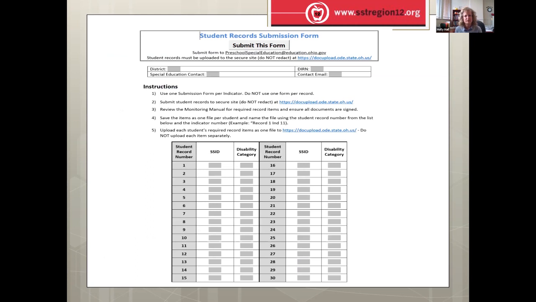And then this is the student record submission form. Very much like some of our other findings, oftentimes when we think about indicator 12 and a specific finding, we're only talking about one student. We don't often have a lot of students who are transitioning from our Part C early intervention to Part B preschool special education. So sometimes, again, we're doing this for one student,